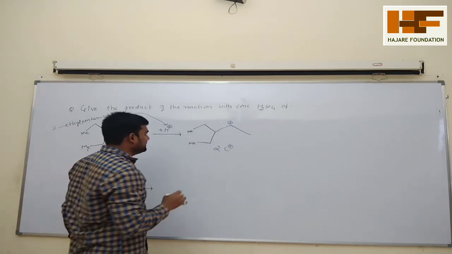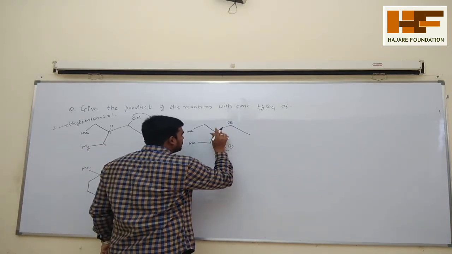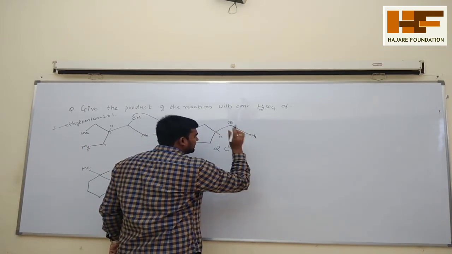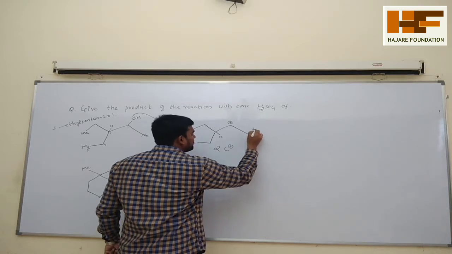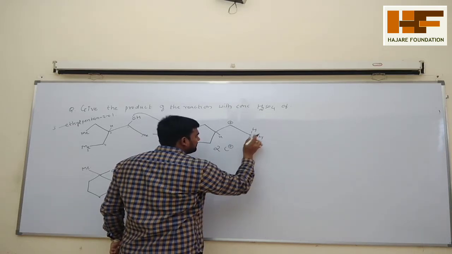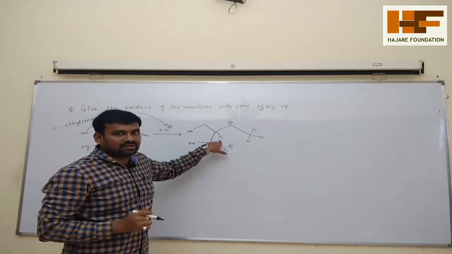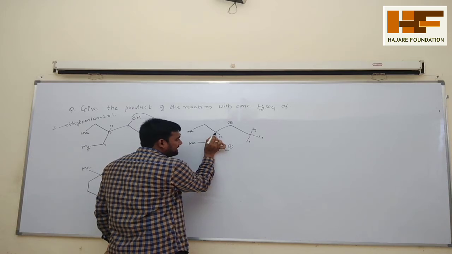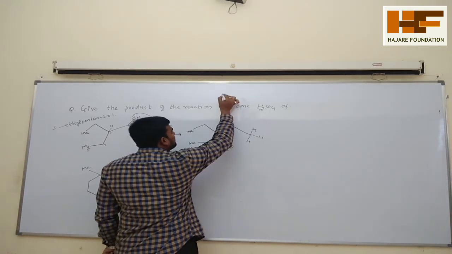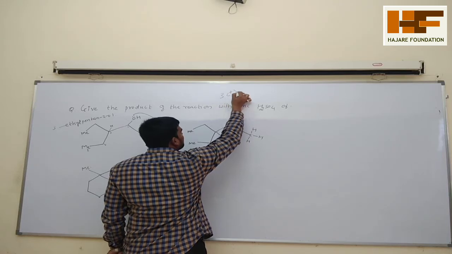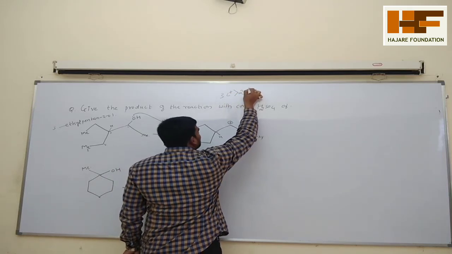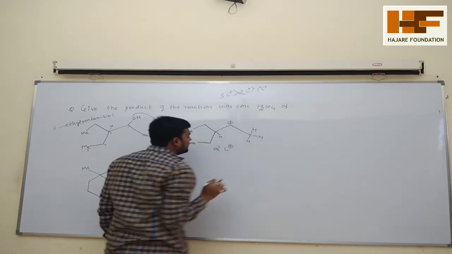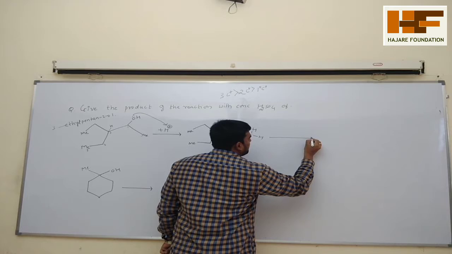Okay, so now next thing is that here is one hydrogen atom. 1 2 3 4. Here is a CH3, and here is also one hydrogen atom. But this hydrogen atom is a primary hydrogen and this is the secondary. So what happened here, if the positive charge comes here, it is a tertiary carbocation. As you know, a tertiary carbocation is more stable than the secondary carbocation, and than the primary carbocation.